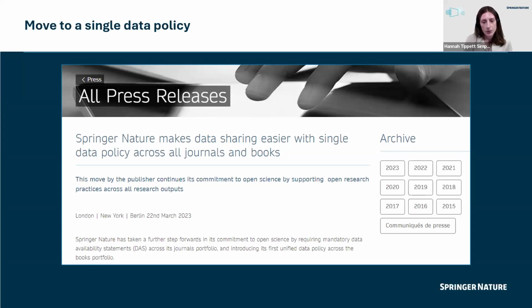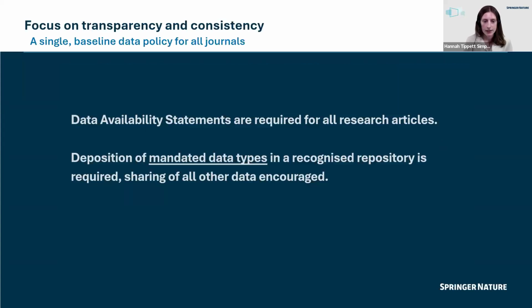Springer Nature was actually one of the first major publishers to implement a data policy framework back in 2016, which was quite complicated, but ahead of itself, I guess. And we are now able to build on that foundation that we created, and we're able to support more robust open research practices.